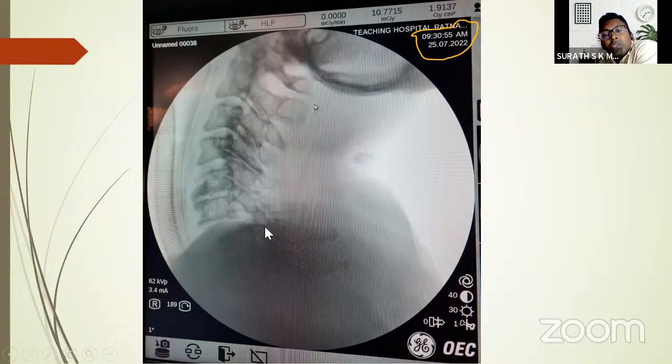So for example, I can tell you, we started this case at 9:30 a.m. in the morning. So we get these patients at 8 o'clock, but anesthetists take around 1 hour to insert the CVP lines and the arterial lines. So this is the time we usually start the case. So this is at the beginning, we get the x-ray.